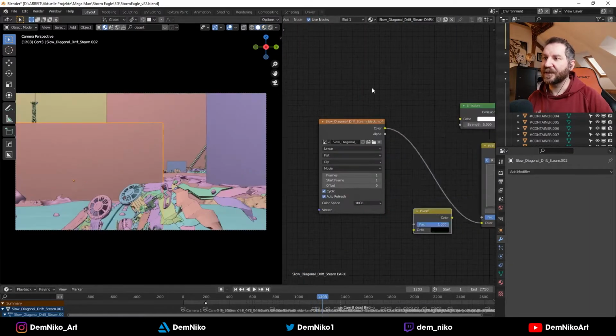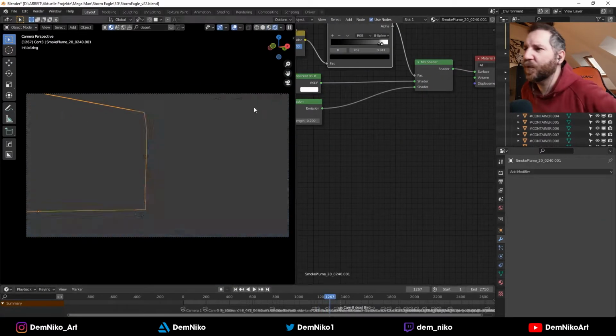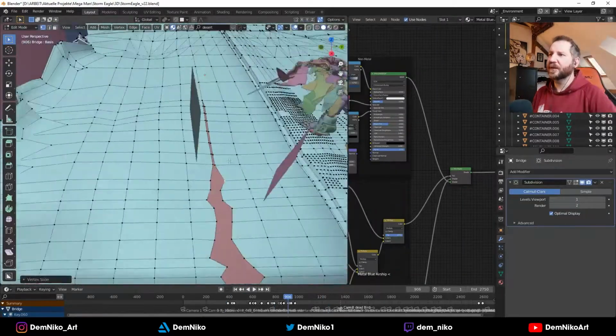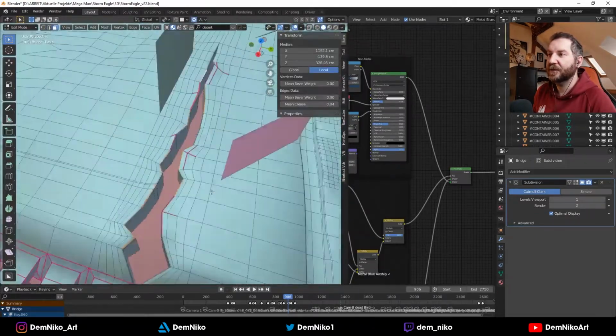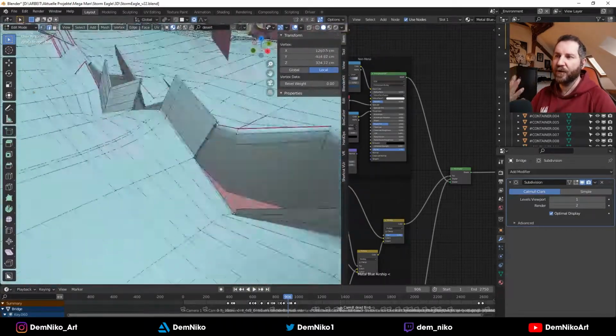Again, adding more smoke. This time I wanted to have dark smoke, but it didn't really work that well because it still had some edges that didn't work. So I thought, okay, let's leave it white. White was alright. And also I still needed some fire or some sparks in front of the camera when the